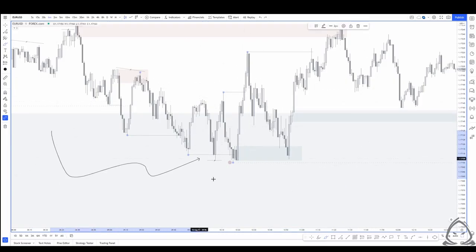If we didn't have a higher time frame point of interest here and all we had was a sweep of liquidity and a change of character, and we're in the middle of nowhere, I would proceed with caution because we're still very much counter trend. But because we're in a higher time frame point of interest demand zone, this is where logically we could start to look for supply failing and demand starting to be respected,